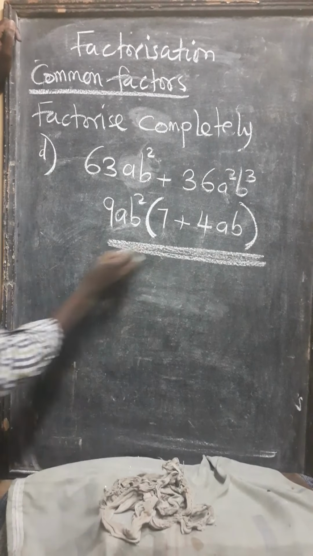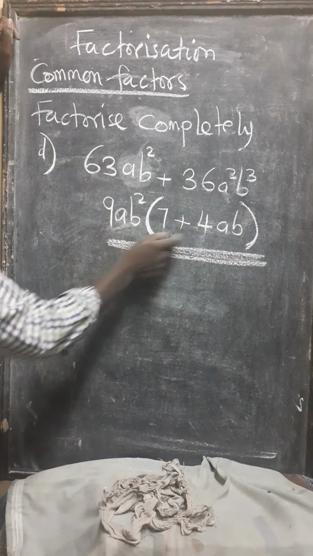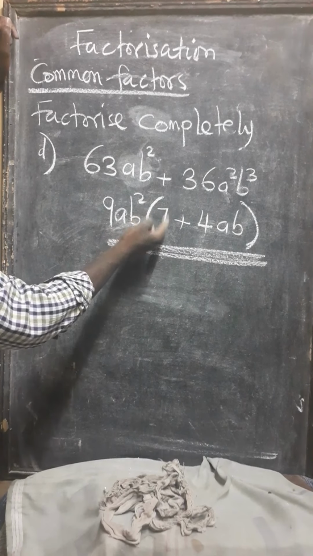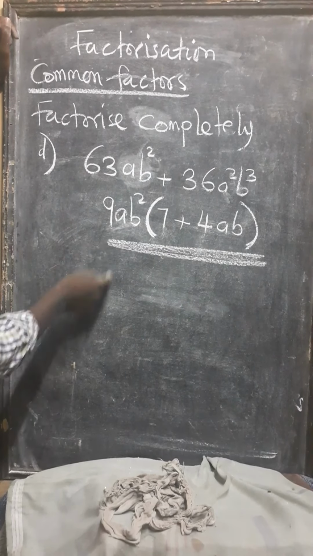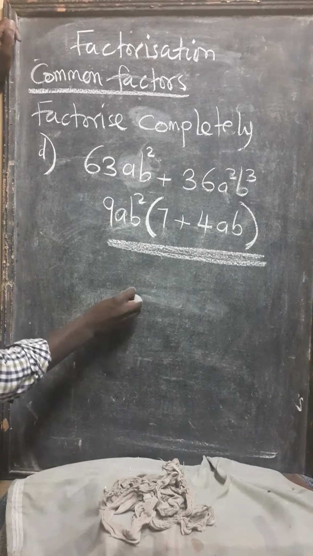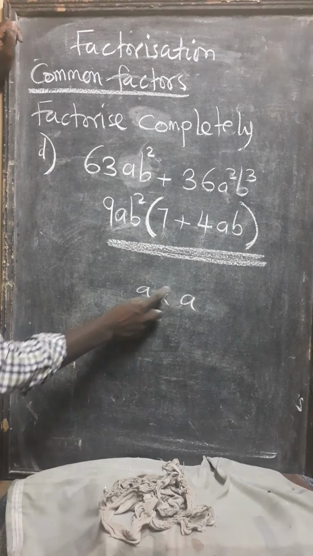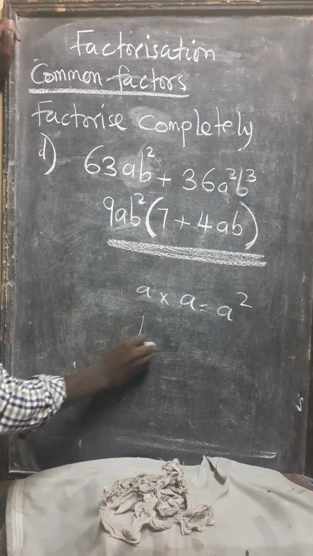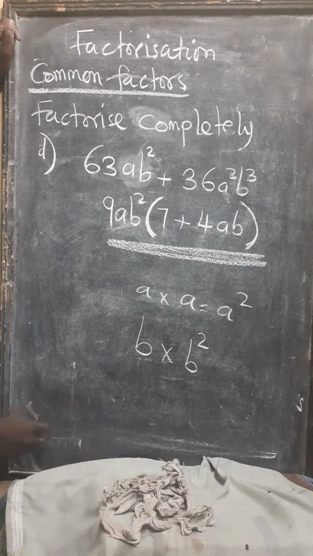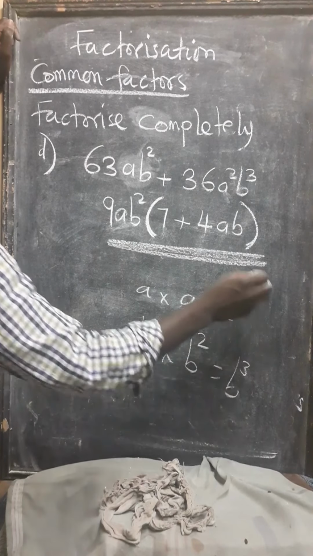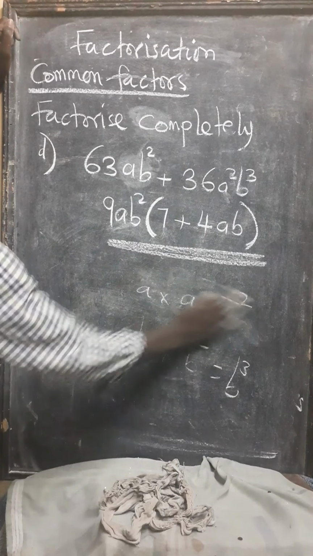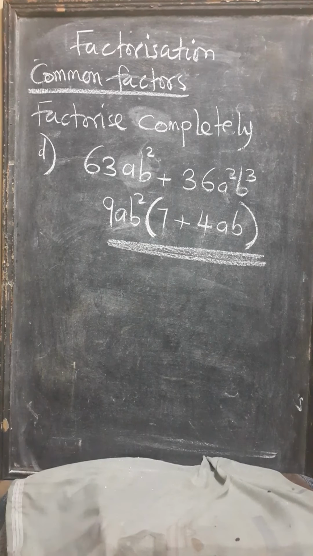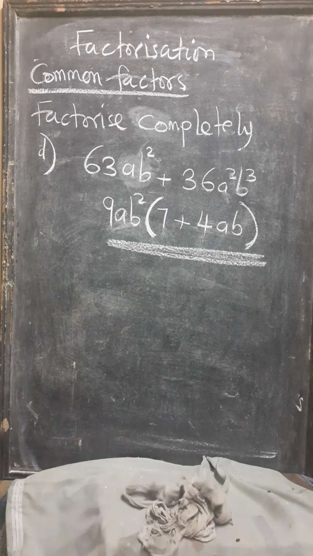Now what I was trying to say is that when you begin to multiply these ones, they should take us back to that one. 9 multiplied by this one, we get that. A multiplied by A, it will still be A there. Then A multiplied by A, when you multiply A by A, you get A squared. B multiplied by B squared gives us B to the power 3. So it will take us back to the original question. That is the idea. Then lastly, for the example,